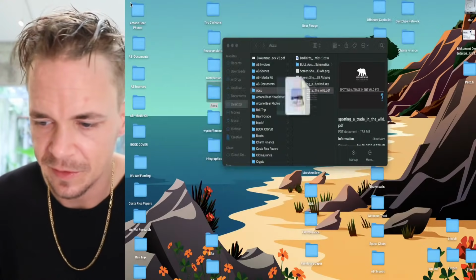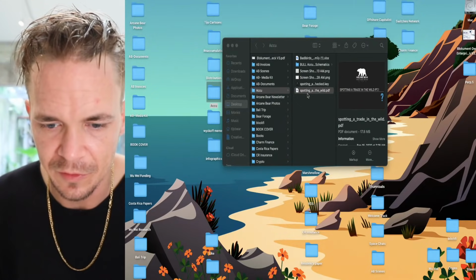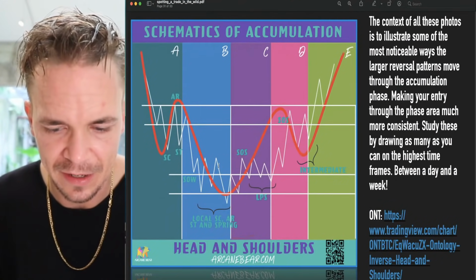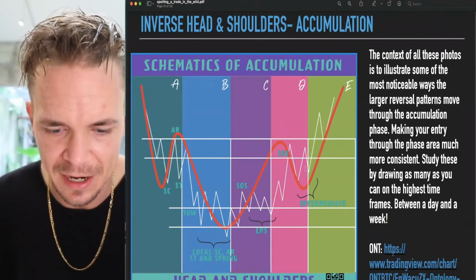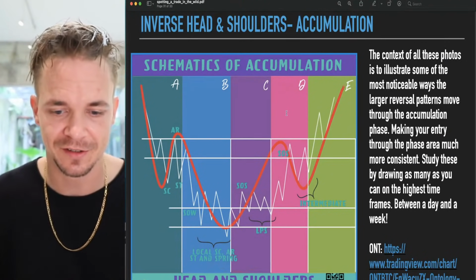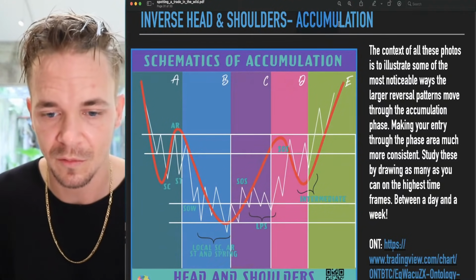Just like we had been going over. Do I have Glasswalker's chart here? No. Just how we are going over with Glasswalker's chart, you can see these accumulation and redistribution ranges. They have so many similarities up until phase D is done. And that's why it's almost never a good decision to make an idea into phase D, unless